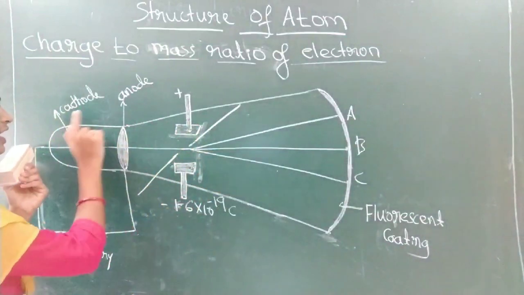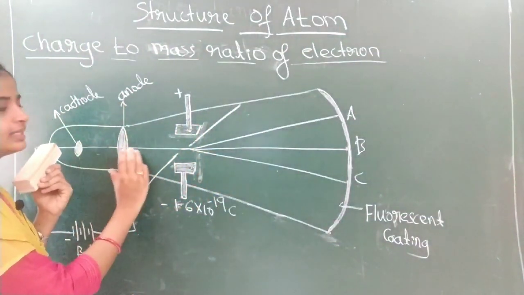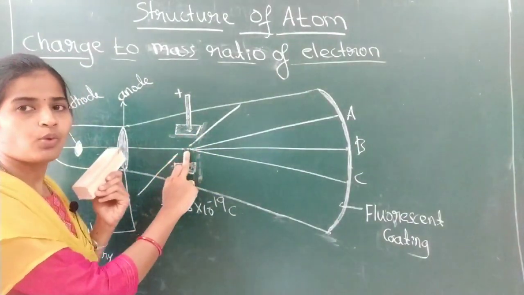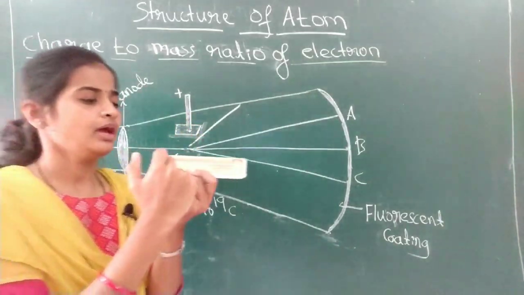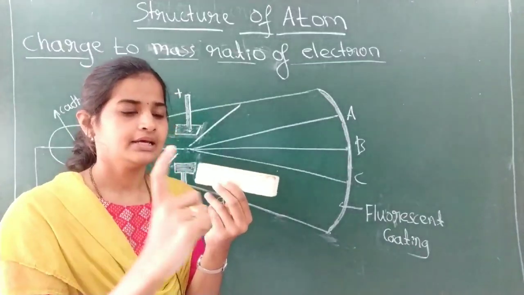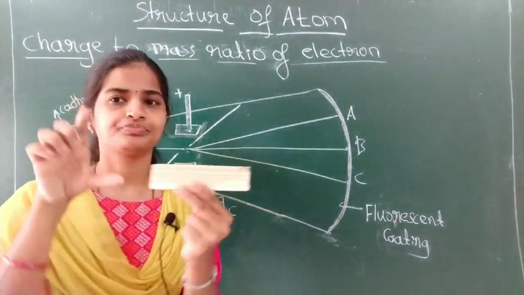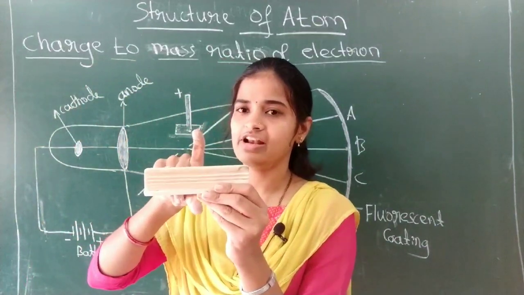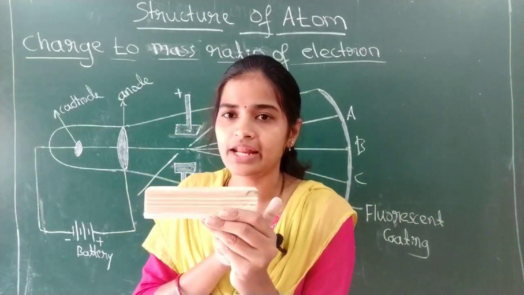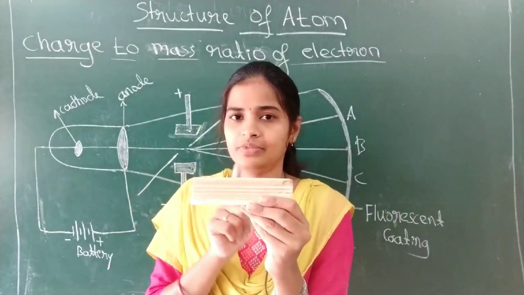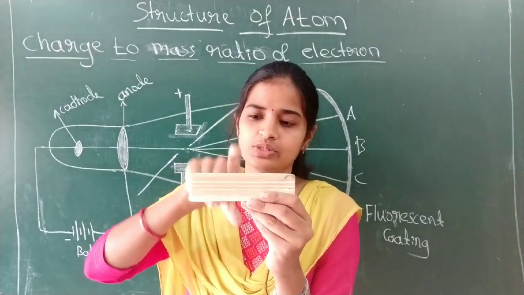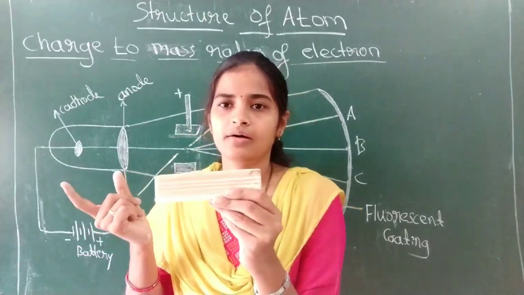We know that there are rays released from cathode to anode. Later they pass through this perforated anode to come here. At this point, what has he done? Yes, this is the way the cathode rays come, and he applied the magnetic field in this way. In this way means what? This magnetic field is perpendicular to the direction of the cathode rays. The direction of the cathode rays is like this, and he applied the magnetic field like this, which is perpendicular to the direction of the cathode rays.